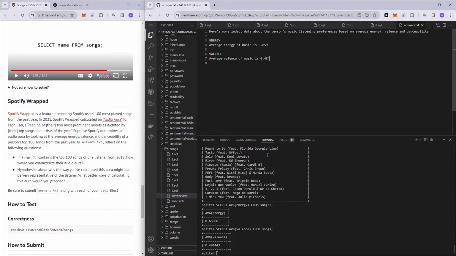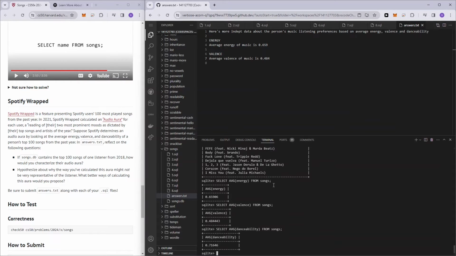And then we have danceability: 0.716. Some of these things like energy, valence, danceability, you might not even know what they mean,